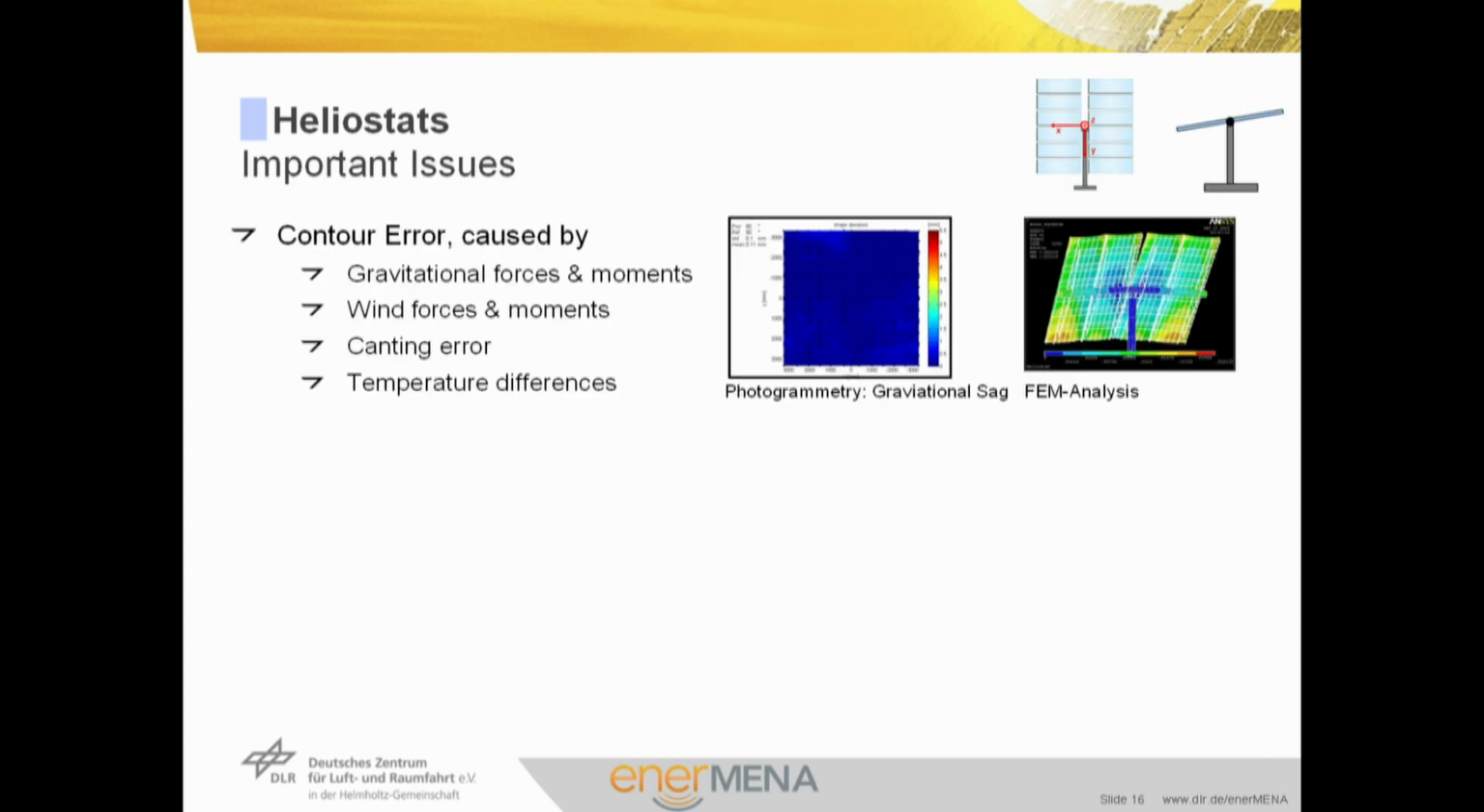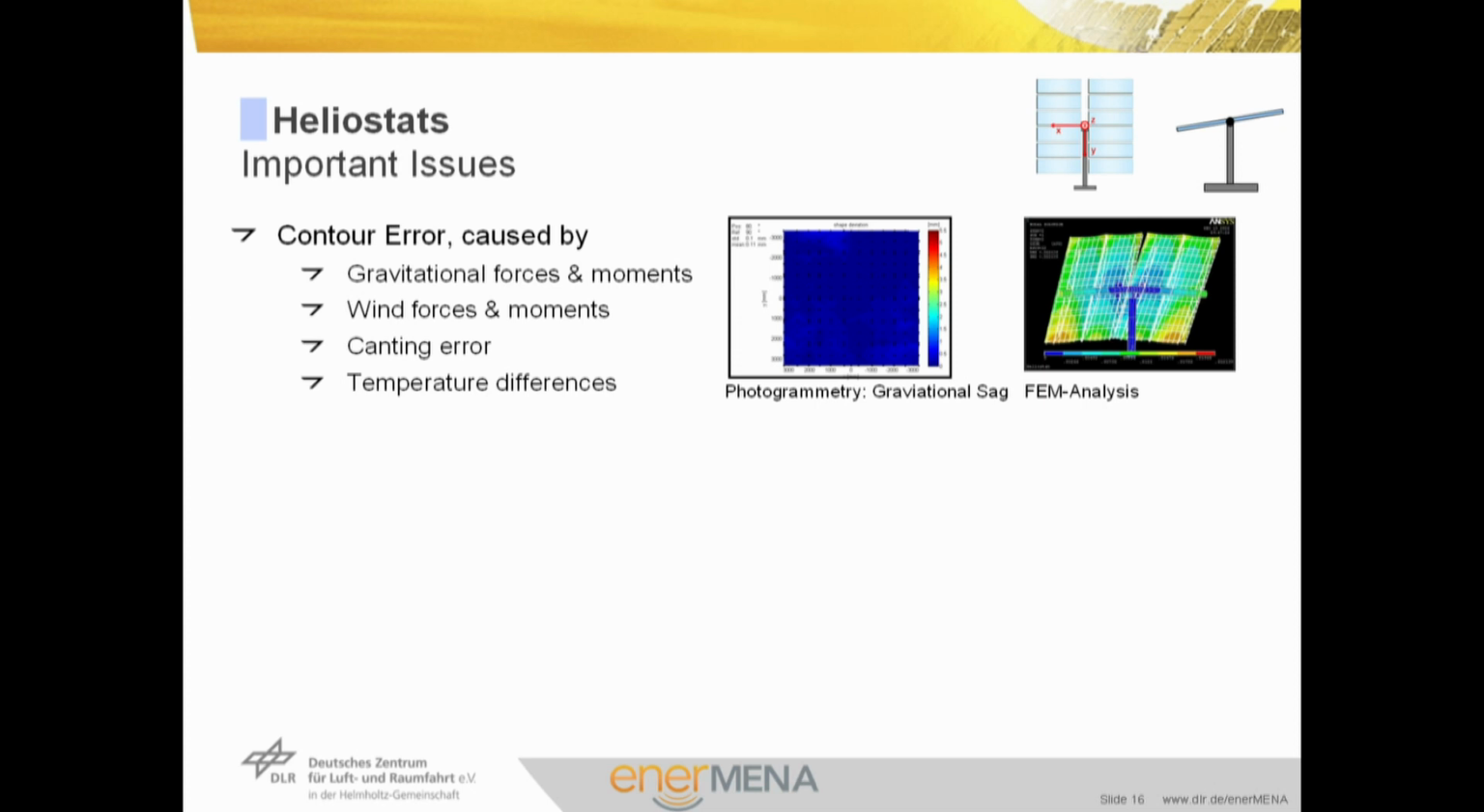Important issues are the shape and the deviation from the ideal paraboloidal shape, because this influences the ability to focus light onto the receiver. The shape is not ideal because there are different sources of errors. You can think of contour errors. These contour errors are usually caused by gravitational forces and moments, by wind forces and moments, by canting error, and